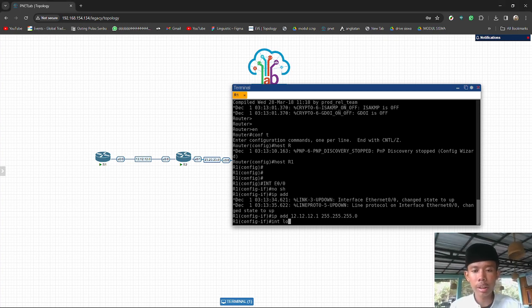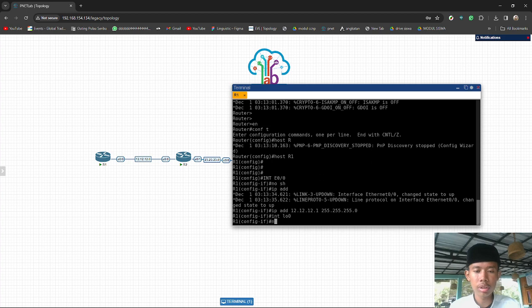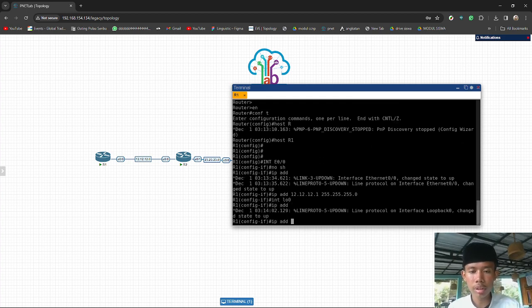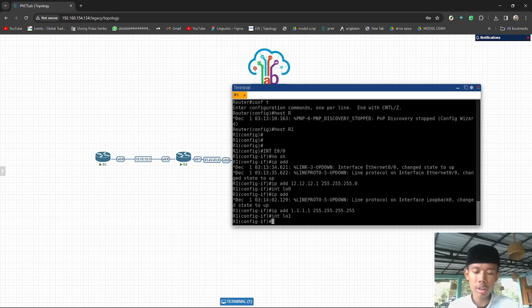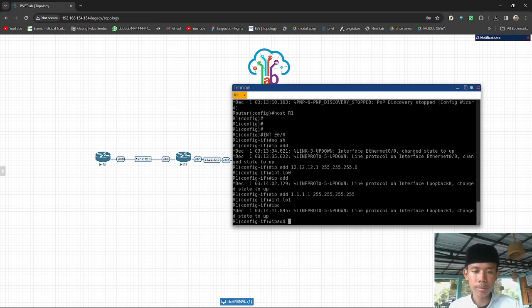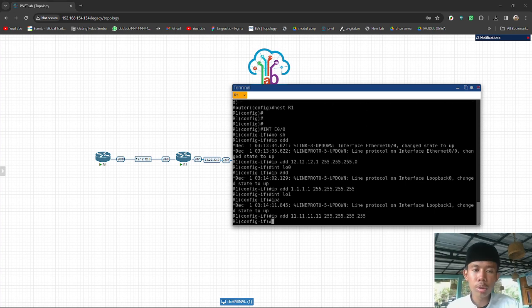Interface loopback 0, give the IP 1.1.1.1, and make another loopback with IP address 11.11.11.11.